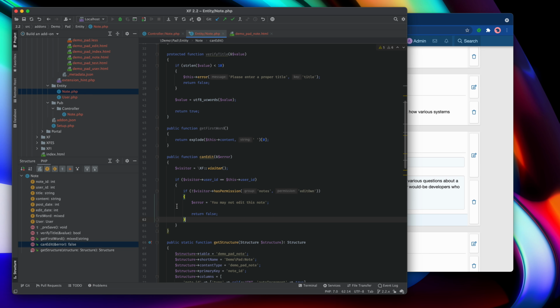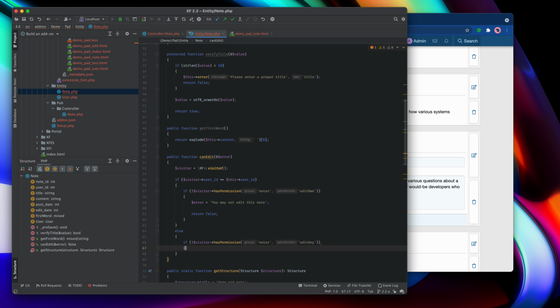And otherwise we'll just fall through, and then we'll have an else condition here, and the else being that the visitor user ID is not the same as the entity user ID, and in that case we'll say if not visitor has permission on notes to edit any, then the error is you may not edit this note either.